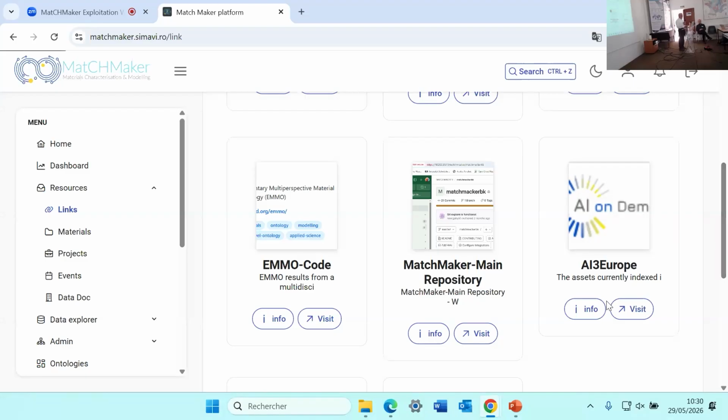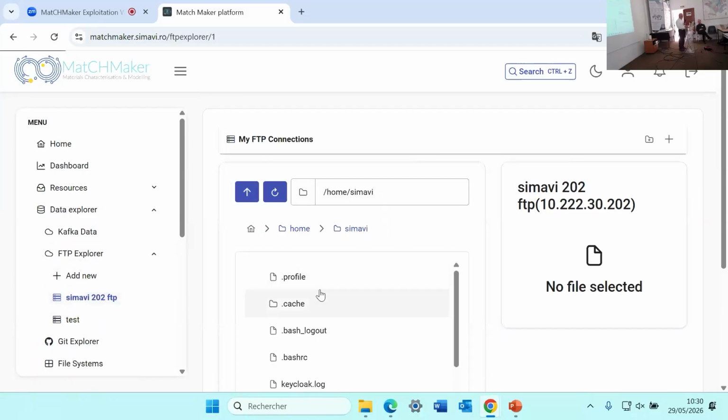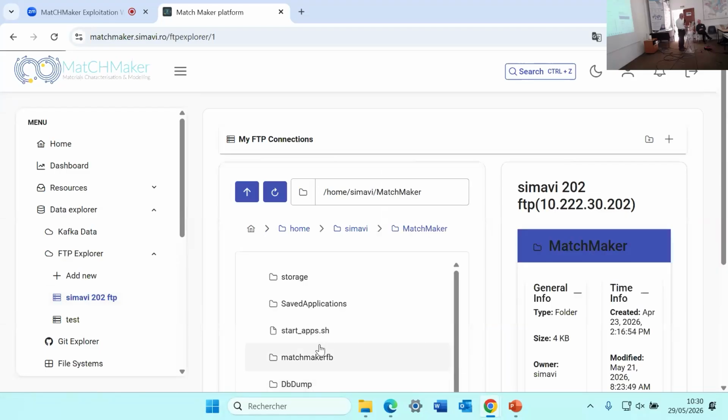So the first usage and the first functionality of what we are offering is this, the possibility to link different sources of data and to take data from different places. For example, here, what I can do, I am reading now data from a server, an FTP server. It happens that this FTP server is located in SIMAVI. Okay, what I can do, and this is very important, I have here a file,